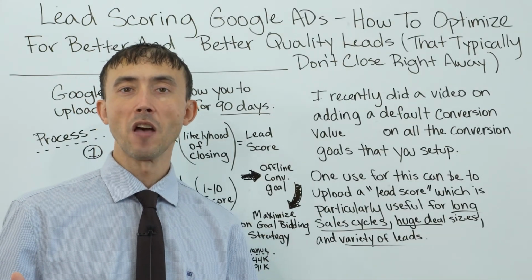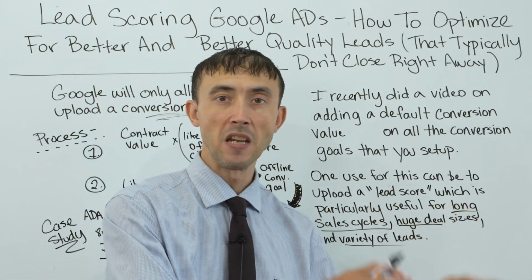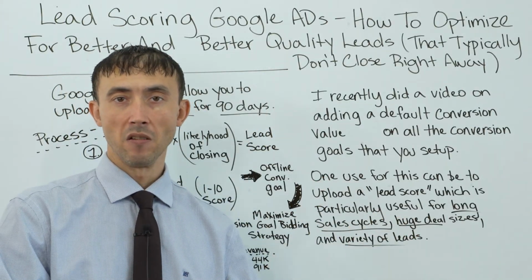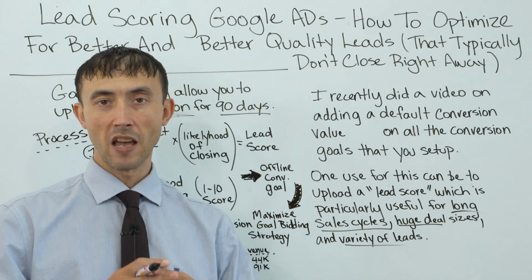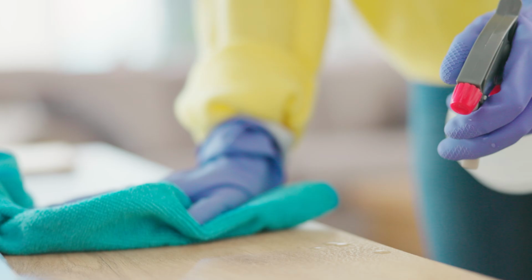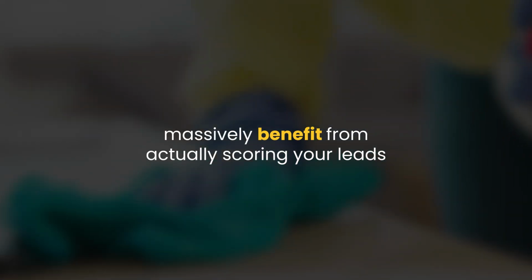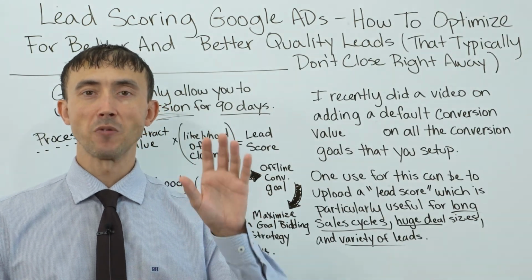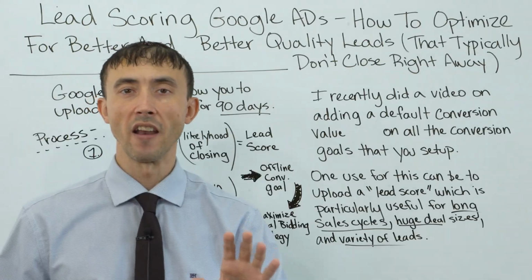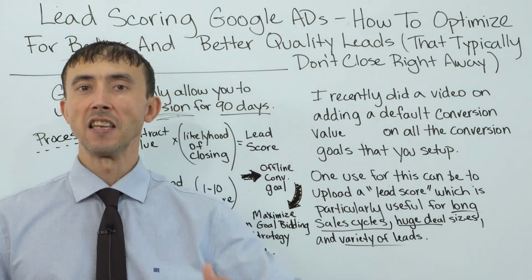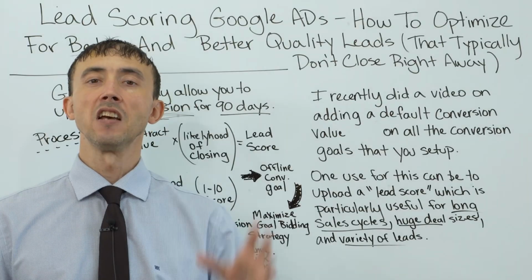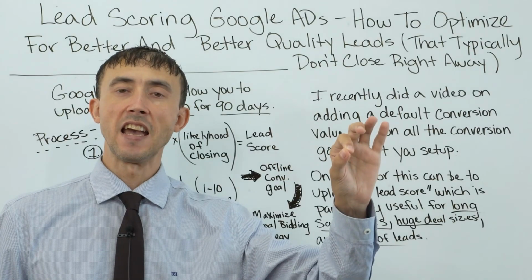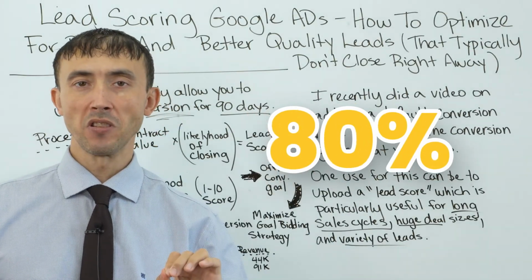Otherwise, it's very likely you'll never be profitable, particularly, by the way, in B2B. It's ultra important to use lead scoring in B2B. But even in consumer sales, where you're doing cleaning services or whatever, you still will massively benefit from actually scoring your leads and then letting Google have the lead score to optimize your campaigns for leads that have a higher score on average on an ongoing basis. The more leads they get, the more they understand how to get you a better quality lead that you would actually want. Right? When I say the typical sale closes within 90 days, I mean 80+% of leads close within